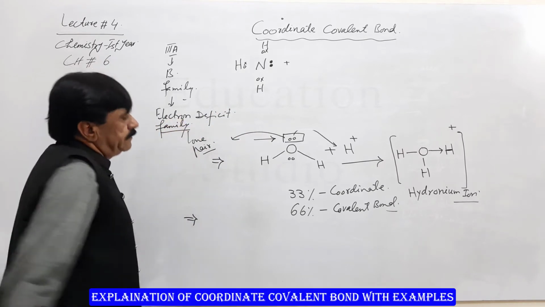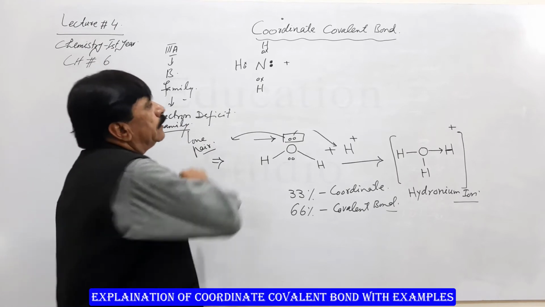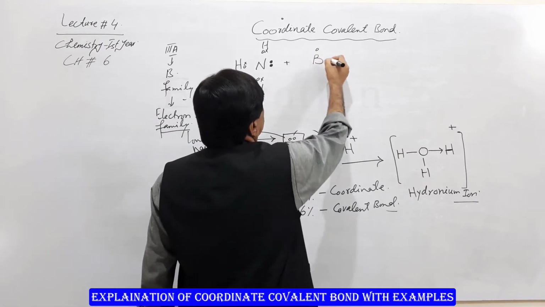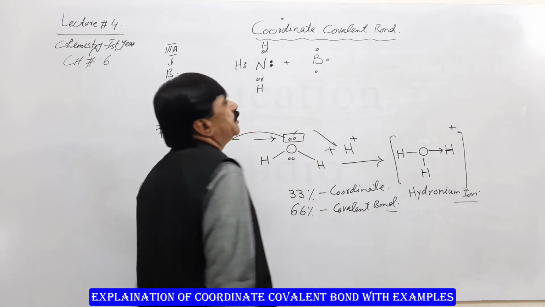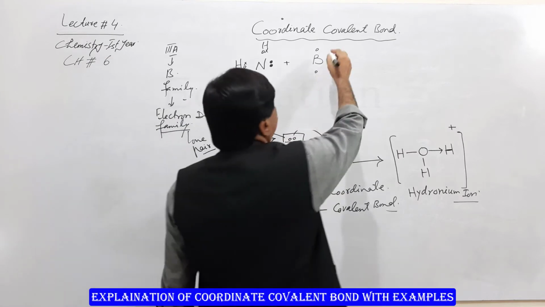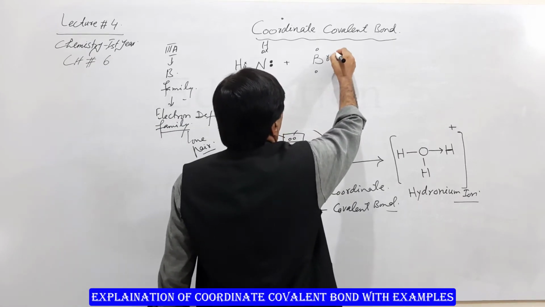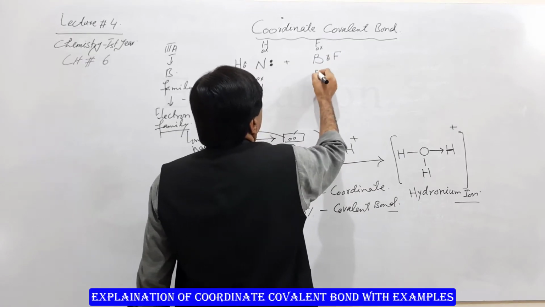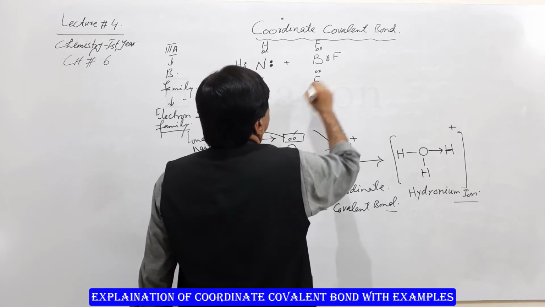Deficit means the members of that family contain three electrons in their valence shell. These three electrons are involved in bond formation with the other atoms in the molecule, with the three fluorine atoms,